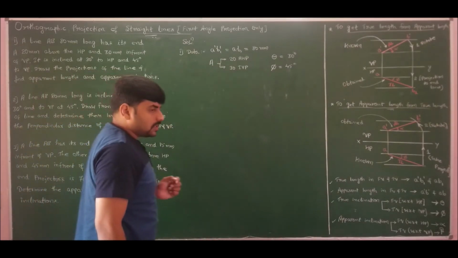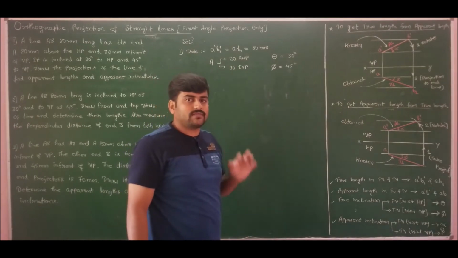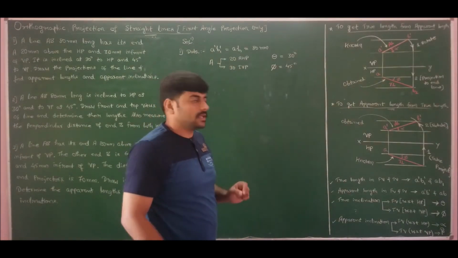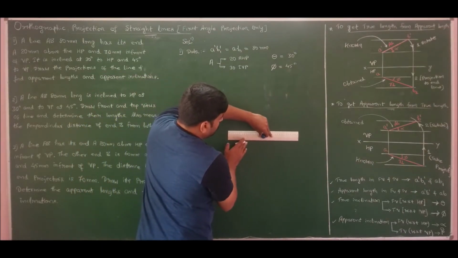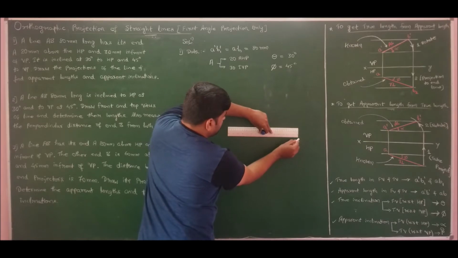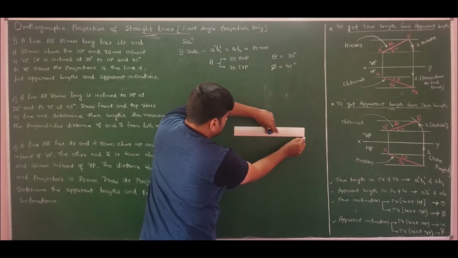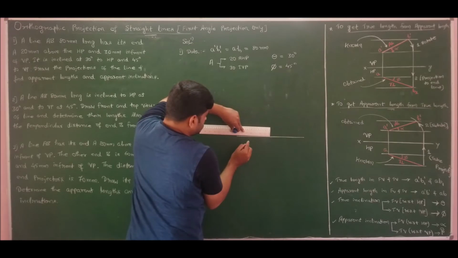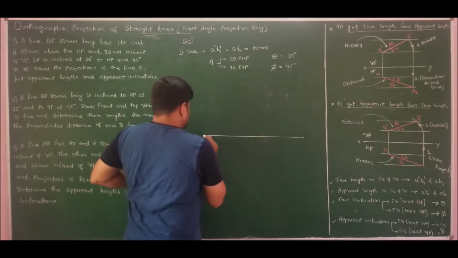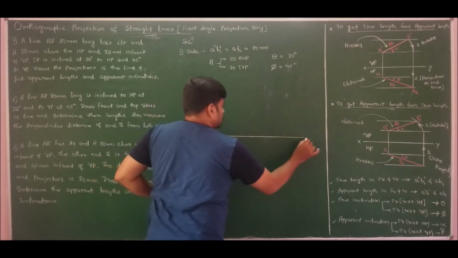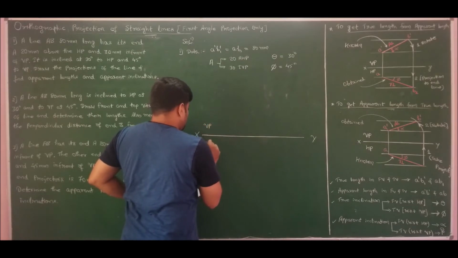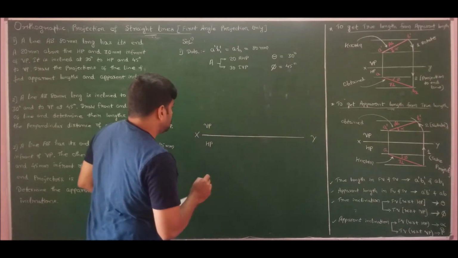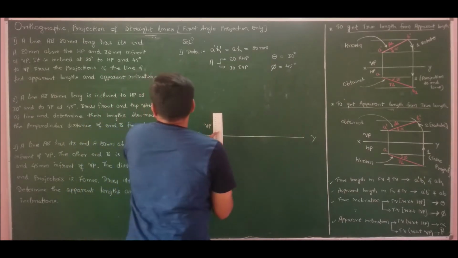Whenever you solve problems on straight lines, the first step is to draw the reference line and lay down the given locus. So first, let me draw the reference line for problem number 1. So we have a reference line XY drawn. Since we are solving the problem only for first angle projection, always the vertical plane will be above and the horizontal plane will be below the XY line. Now let me plot the locus given.